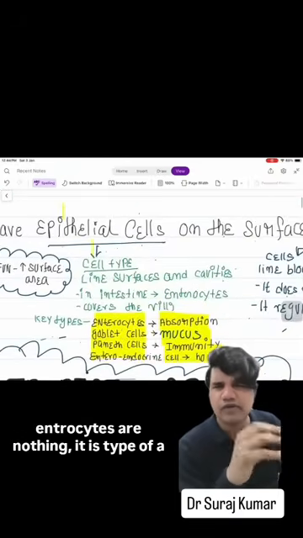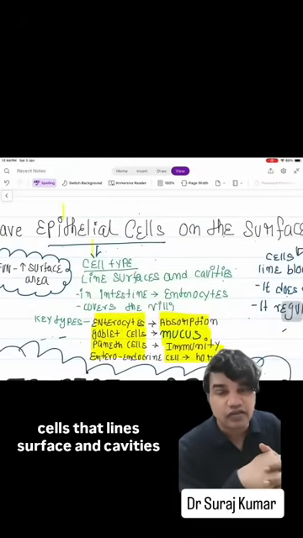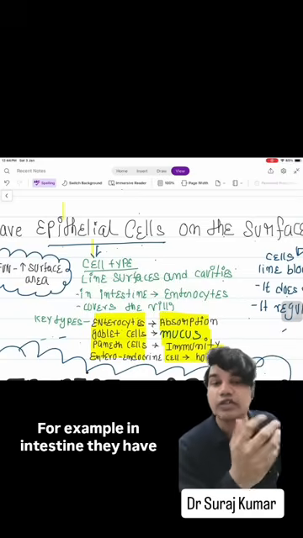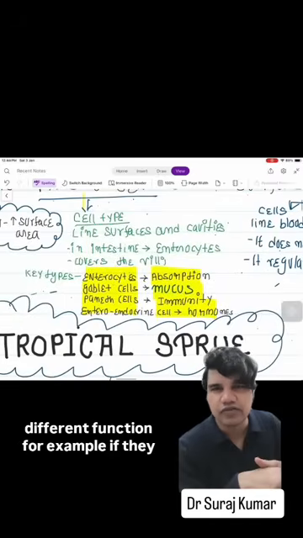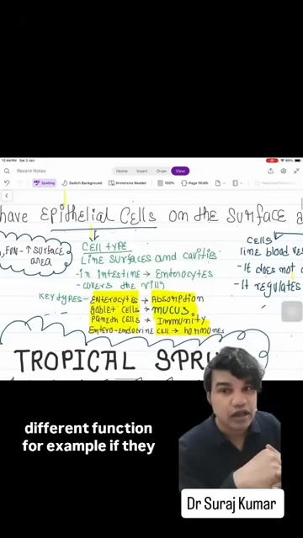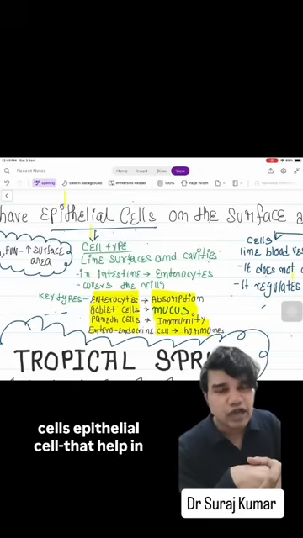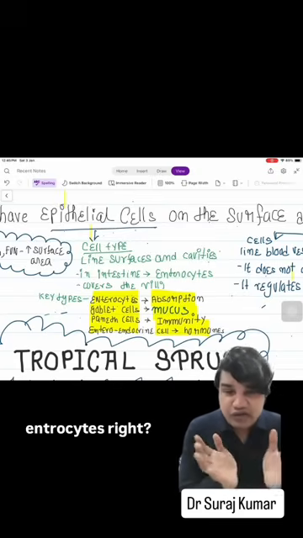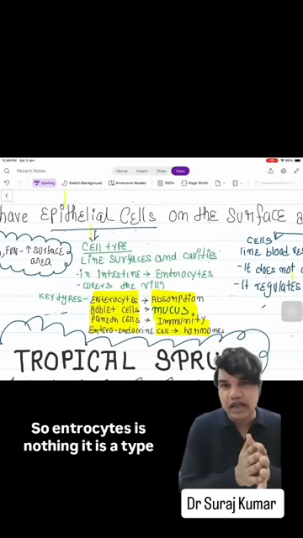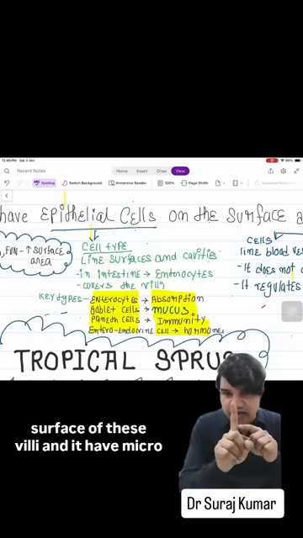Enterocytes are nothing but a type of epithelial cell, okay? What are epithelial cells? These are the cells that line surfaces and cavities, right? For example, in the intestine, they have different names according to their different functions. For example, the epithelial cell that secretes mucus is called a goblet cell. Enterocytes, which help in absorption, are called what? Enterocytes, right? So an enterocyte is a type of epithelial cell that is present on the surface of